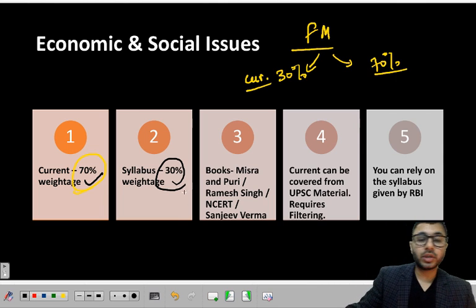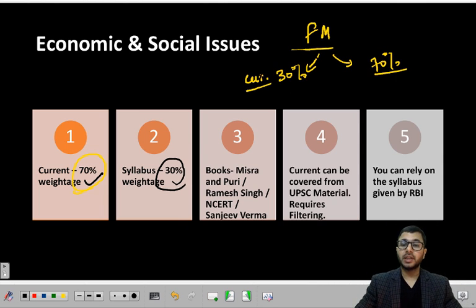That does not mean that you don't cover the syllabus or that you don't cover current affairs here. That only means that your time has to be divided in such a way that you spend only 30% of the time required for ESI on the syllabus part and 70% on current affairs. That's why the videos that I have made on ESI are not like 100 hours of videos, only 30-40 hours, because I understand that the syllabus weightage is only 30%. You need a good understanding of the syllabus, but you don't need to get into everything related to it. If you're talking about corruption, you don't need to go into the theories of corruption.